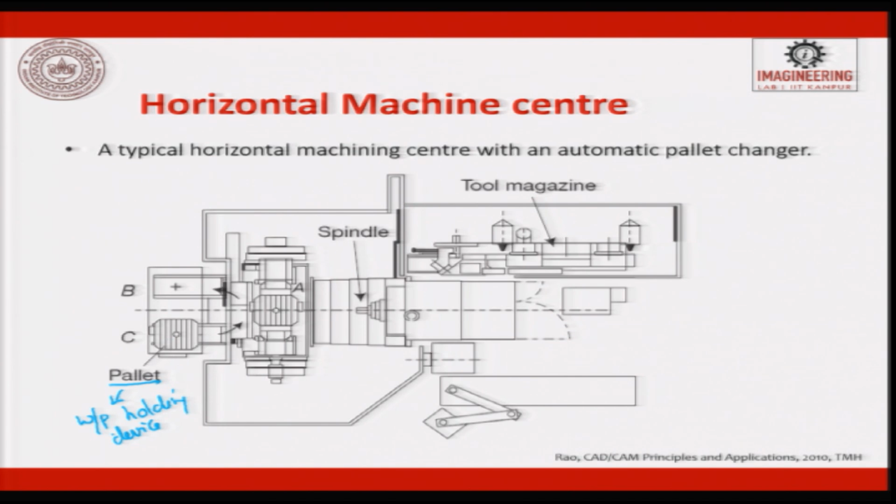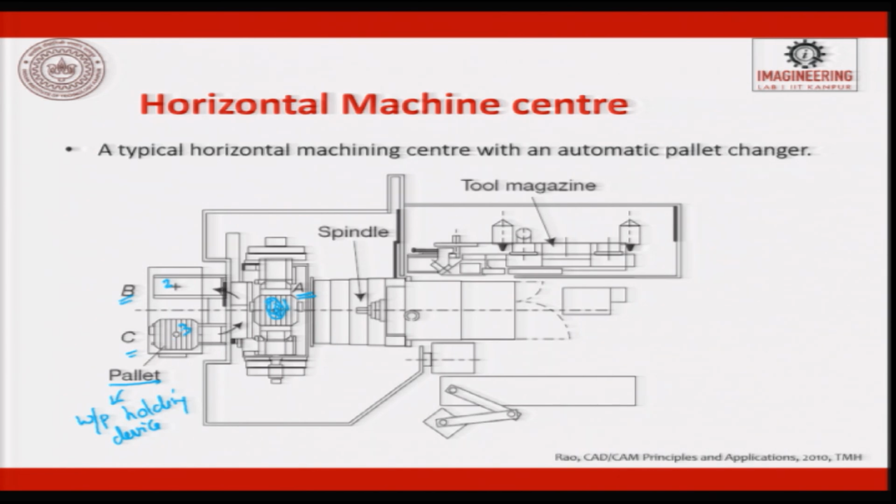So, now you see here, this is a CNC machine, this is horizontal type. There are 3 pallets, 1, 2 and 3. Or I would say 3 stations A, B and C. There are 2 pallets. So, one pallet is where the machining goes on. This is the part where the machining is going to go on. When the machining is happening, you will have another pallet which is free.